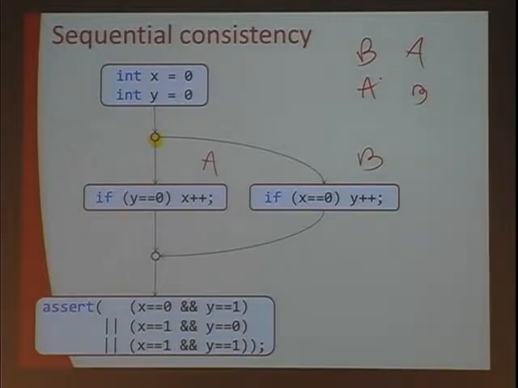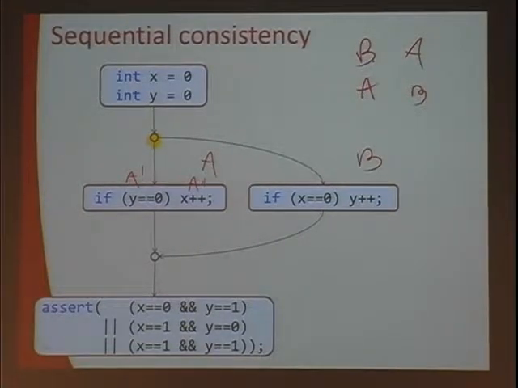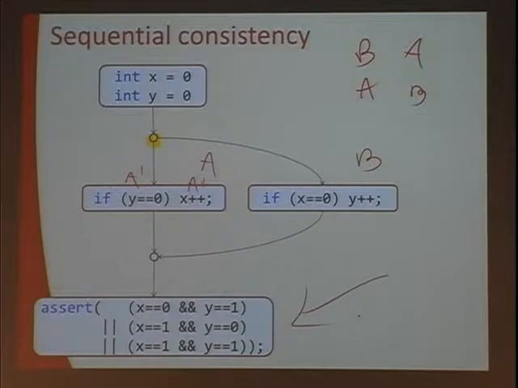But there's a third case where, let's call this guy A prime and this guy A double prime, both of them check the conditions in parallel and they both succeed, and then both x and y get incremented. So we get x equal 1 and y equal 1 in that case. Is that clear? Those are the three possible scenarios. This is what makes reasoning about concurrent execution, even under sequential consistency, really tricky. For that simple little program, you get 3 different results depending on the interleaving.